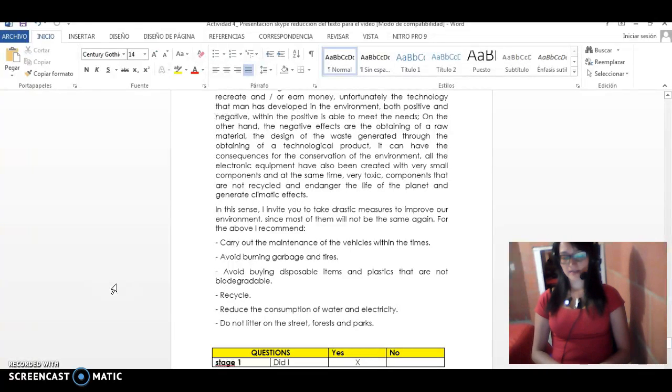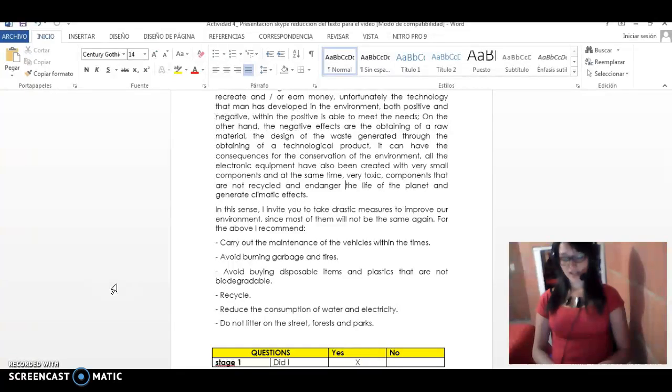In this sense, I invite you to take drastic measures to improve our environment, since most of them will not be the same again. For the above, I recommend carrying out the maintenance of the vehicles